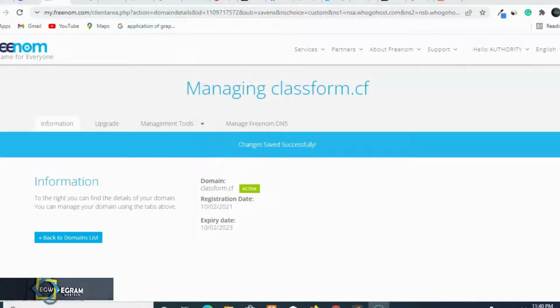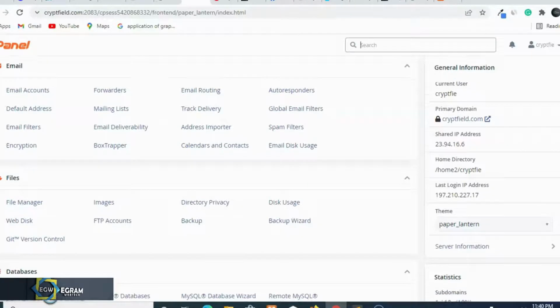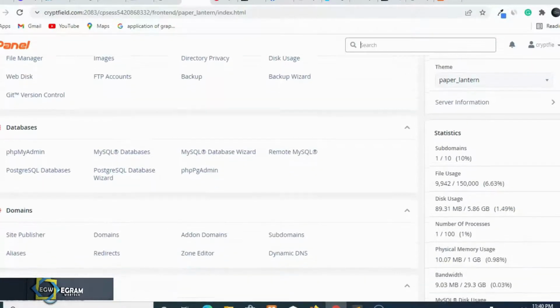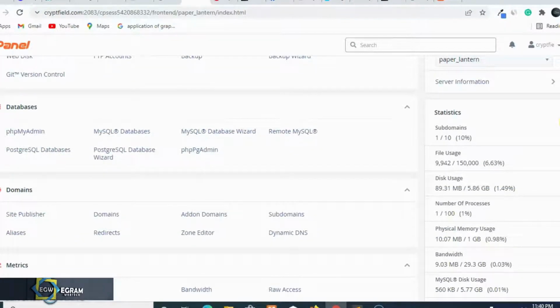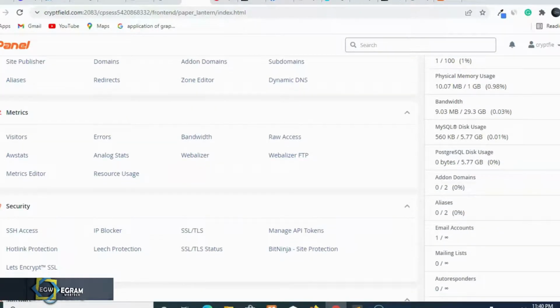I'm going to link it to this space I have here. If you watch, you see that I still have my add-on domain. Add-on domain means I can actually add another 3 sites to it. So you can see this is add-on domain now. I've not added any of them, so I'm going to add one now.